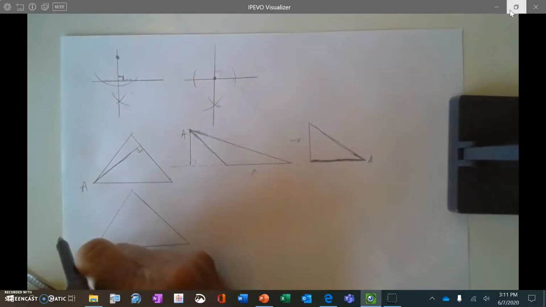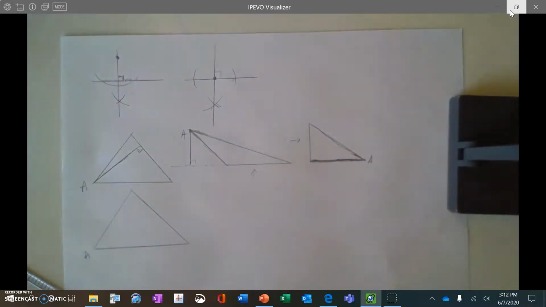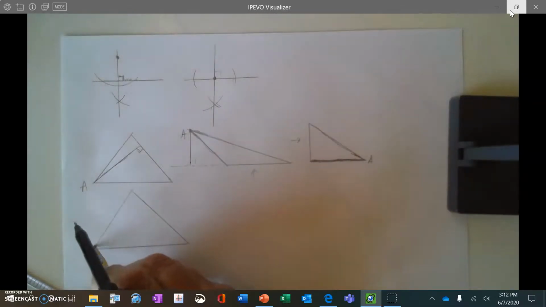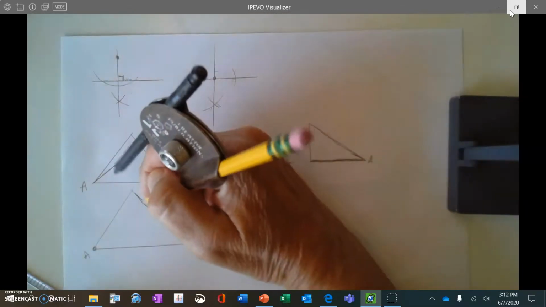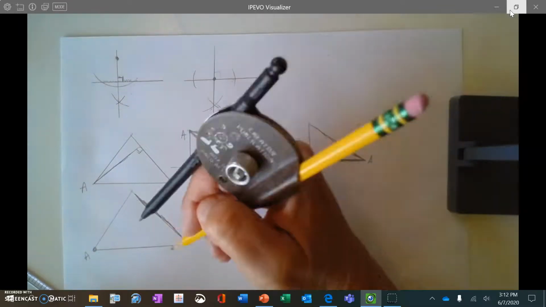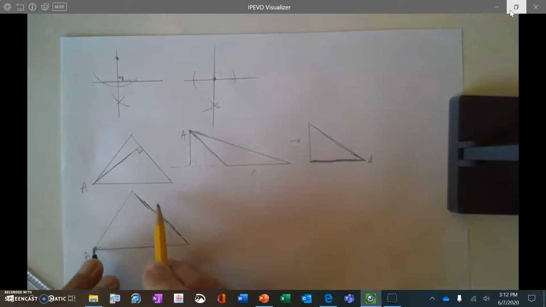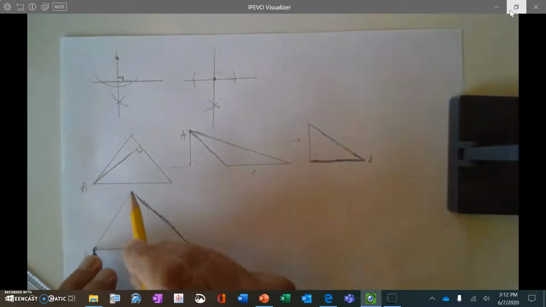Okay, here's A. Now they want me to construct the altitude. Okay, so I need to construct a perpendicular from a point to this line. To do that, I stab in at the point. I open up my compass so it's a little bit past the line, and then